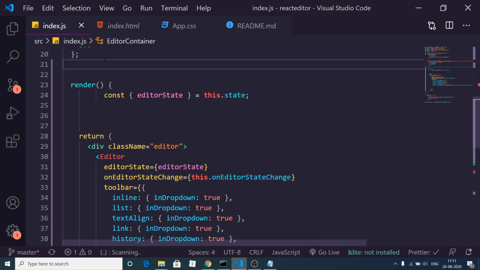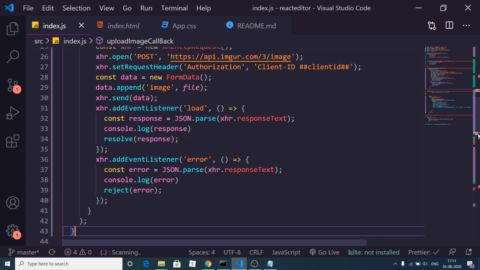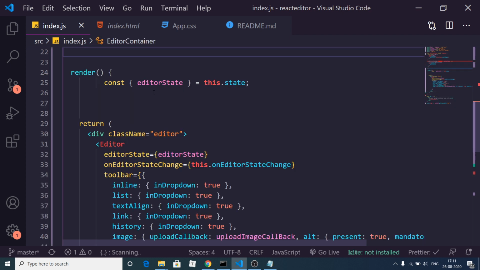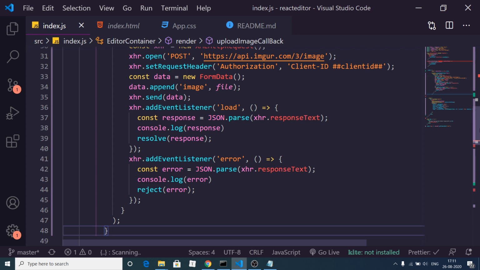You need to paste this code inside the render method. Sorry, inside the render method, paste this code.